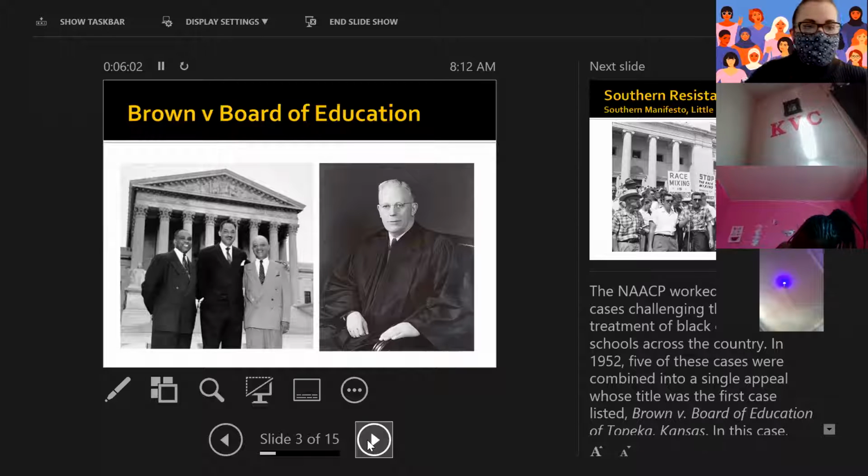One of the major things that the NAACP fought against was the treatment of Black children in schools. In 1952,